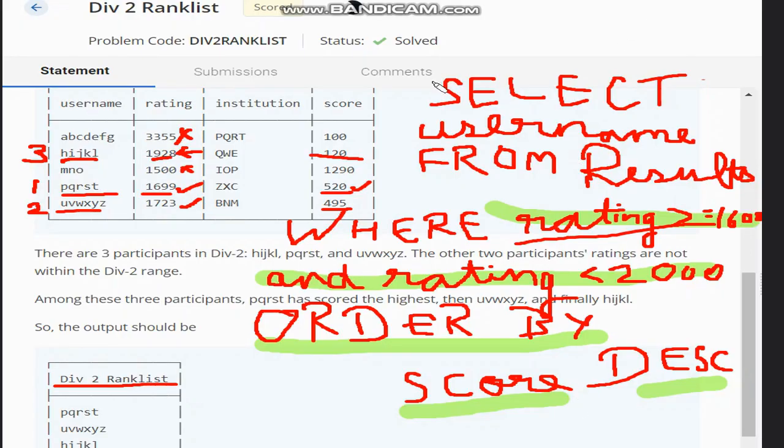Our query becomes select username from results where rating greater than equal to 1600 and rating less than 2000, order